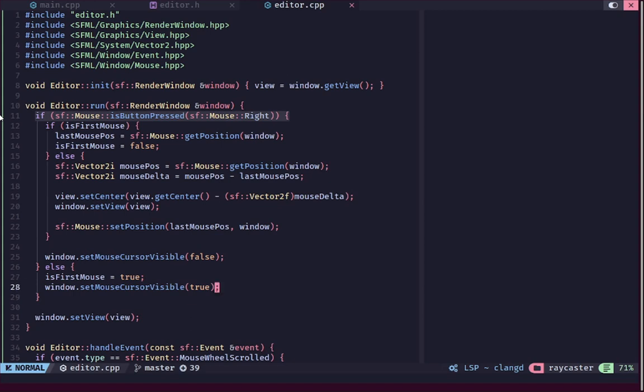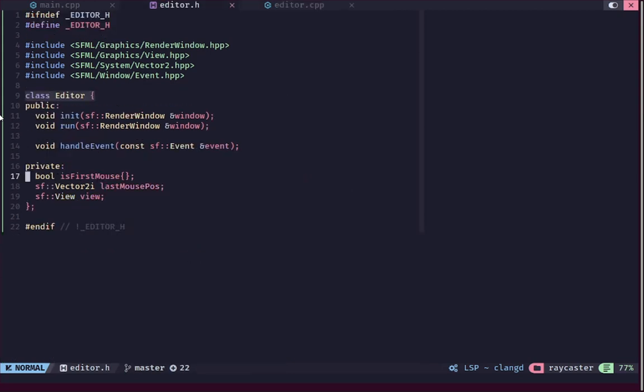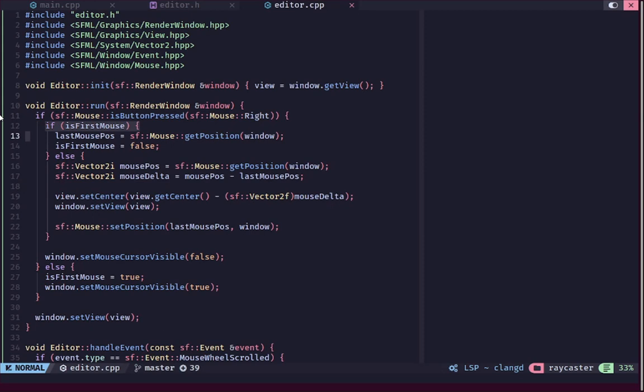And then we just set the mouse cursor to be visible. Now when we actually press the right mouse button, we check if it is our first mouse, which means that the user is just capturing the mouse. If that's the case, then we take our last mouse position, this variable that we have got, which is a vector2 of integers called last mouse position, and